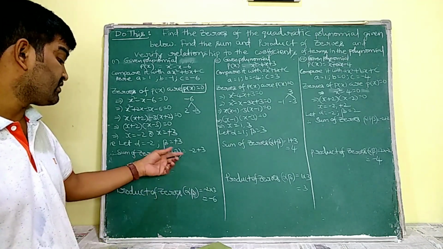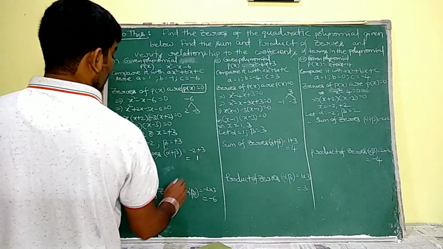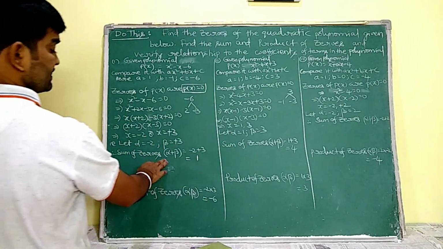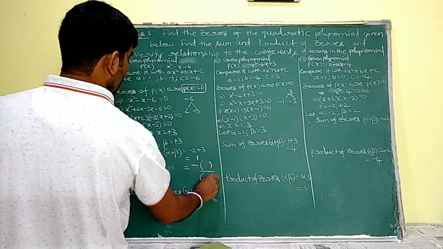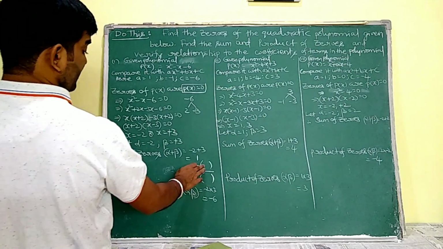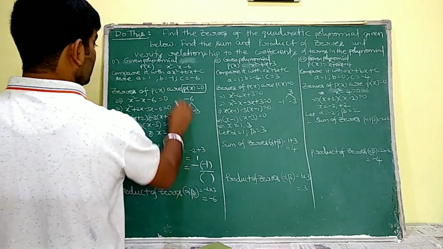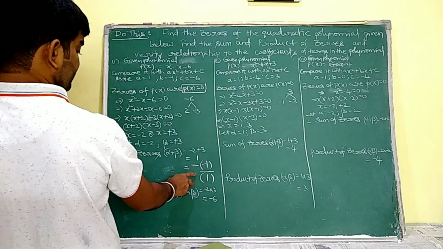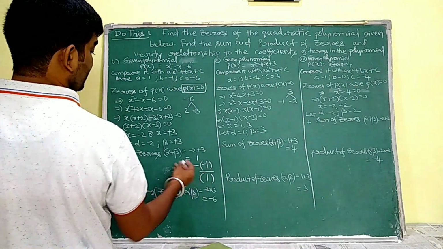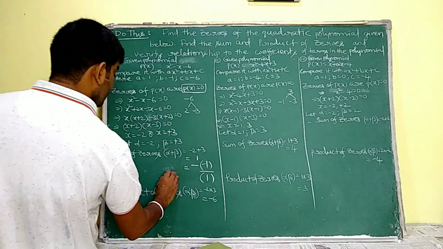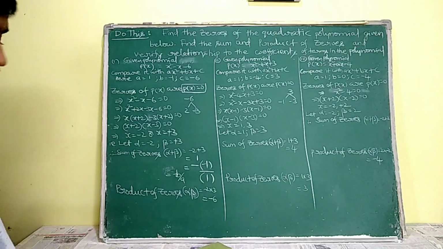Now, therefore, the sum of zeros alpha plus beta is equal to minus 2 plus 3, that is equal to 1. Here you have to compare these zeros with the coefficients. We know the sum of zeros is equal to minus b by a in a quadratic equation. So see, minus b by a: b is minus 1, a is 1. Check whether this value is equivalent to this 1 or not. Clearly, minus of minus 1 by 1 means 1 only. So that is equal to minus b by a, verified. So the sum of zeros is verified as minus b by a.